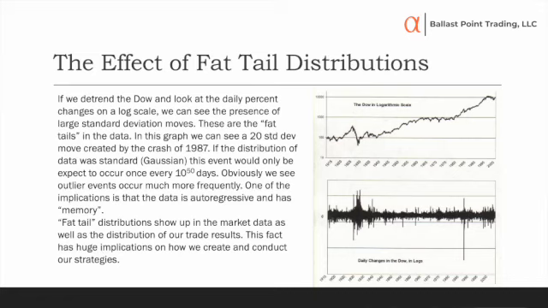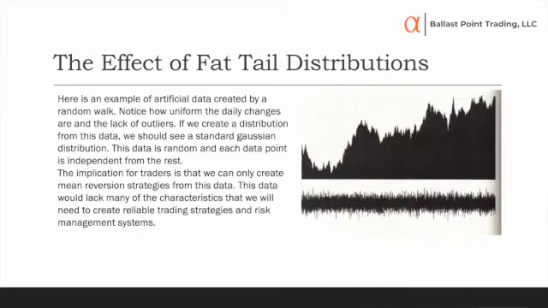All right, so this slide here shows you what natural data looks like in the real world. The next one is artificial data. This is what the data would look like if it was normally distributed. If you look on the bottom, you see how range bound it is, where it's nice and neat, and there are no real spikes in there. There are no big moves above 2 standard deviations. So if you use that artificial data and put it through a random walk, you can create something that looks like a chart. You look at the data.